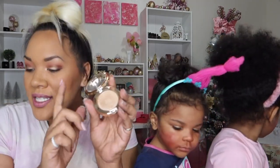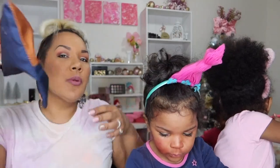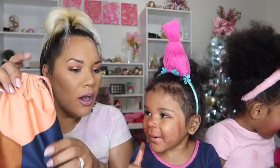This does have a good bit of product in it. This is nice packaging, 4.5 grams. So if you could find this for a couple dollars, I'd say that's a steal. The bag it came with is really cute. I like that we're going back to the drawstring bags. I say I could put these to use and then I never actually do. But if I ever needed a small bag...